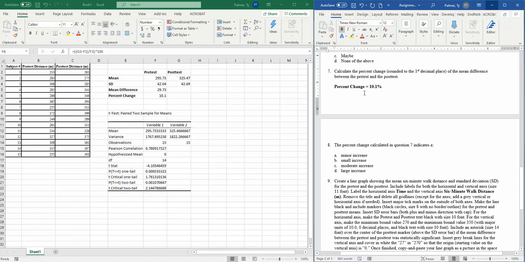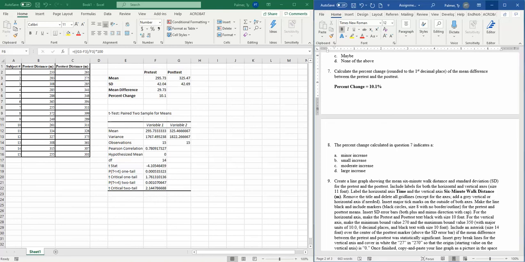Remember, percent change, and again it talks about this in the PowerPoint, it is a measure or a statistic to quantify the practical significance. How big, what's the magnitude of the mean difference? And so again, that's what we're trying to determine here for question number 8. What is the magnitude, what is the practical significance of this mean difference? In order to determine how large, and to answer this question for number 8, how large this percent change